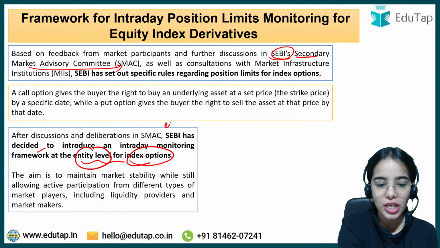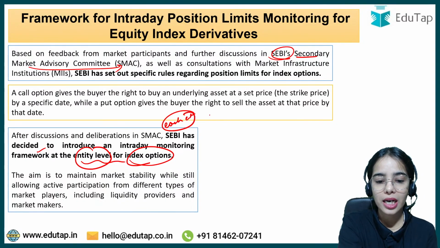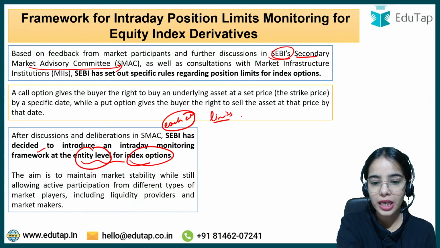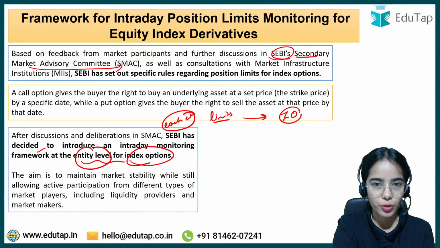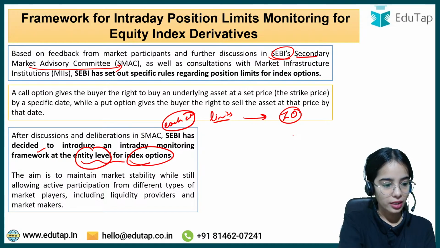That means for each entity, there are limits that have been notified, on how much they can trade in the index options. Okay, so this is the idea. So the aim